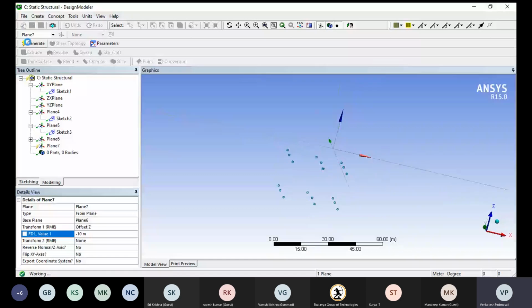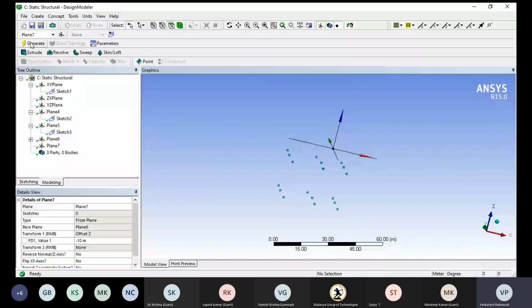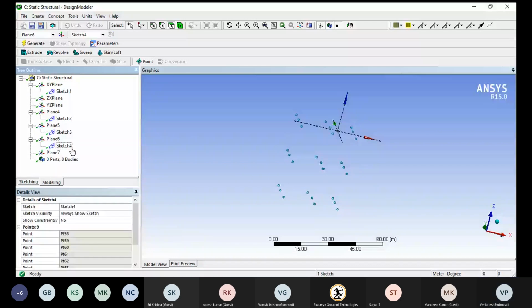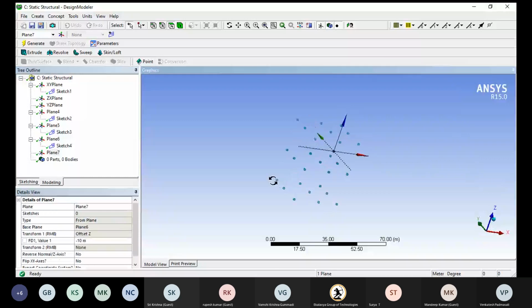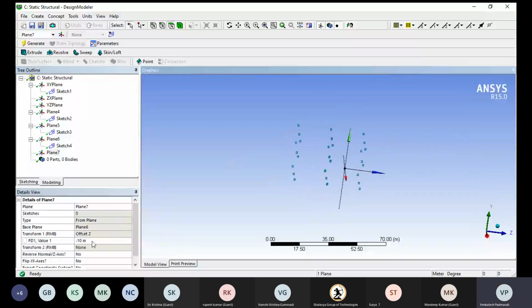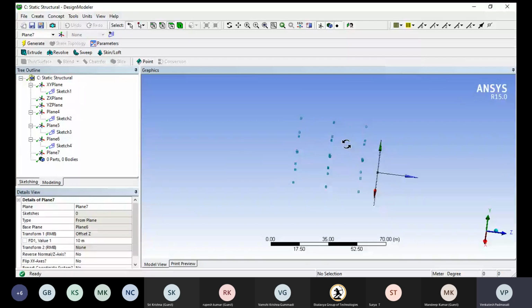Generate. Open here. Sketch has to be show always sketch. Minus 10 doesn't place, so 10 we can place. Generate. Okay.